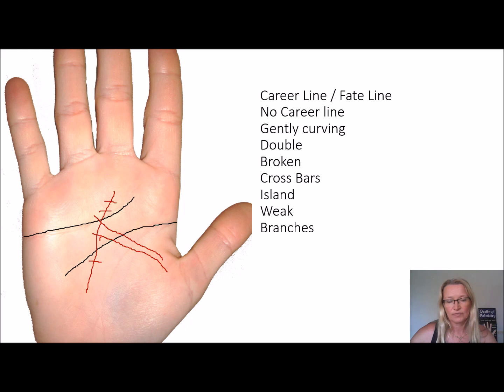I know everyone freaks out if they're struggling at work and struggling financially, and if they see this ladder, don't panic, because when someone is climbing, they have a ladder and it makes it easier to climb, so you don't have to grip the walls like Spider-Man. So you have a ladder. So if you have a ladder on your fate line, career line,